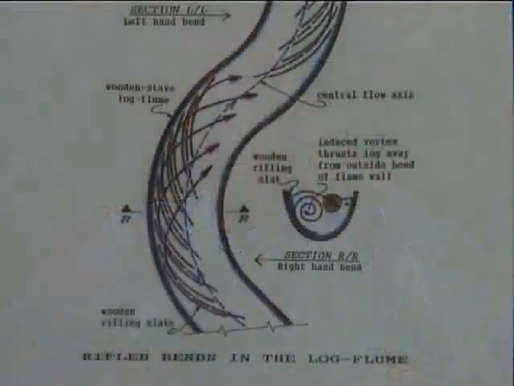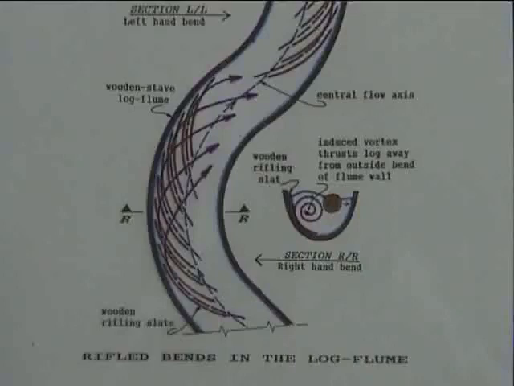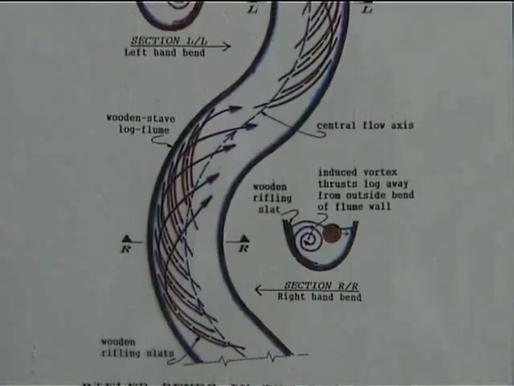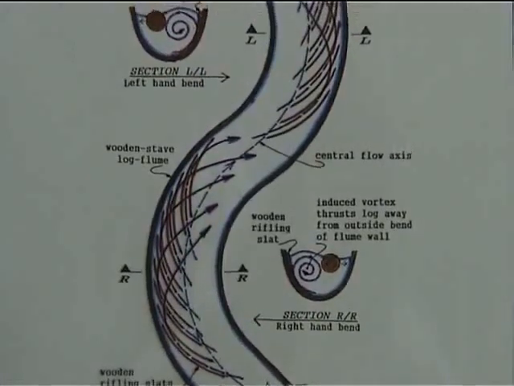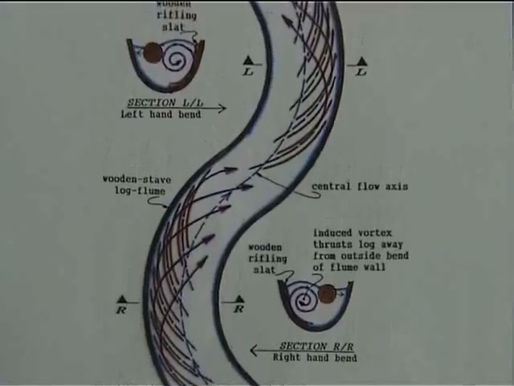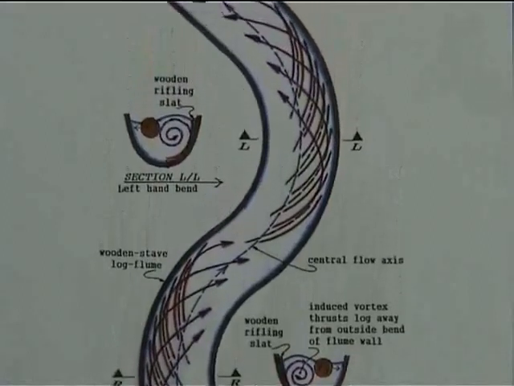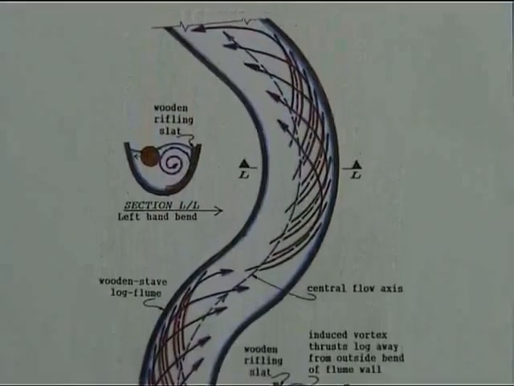So in this log flume, which was built to follow the contours of the valley, there were slats attached to the sides of the walls on left-hand bends and on right-hand bends, so that the water was caused to rotate or to form longitudinal vortices anti-clockwise and then clockwise as it went around these bends. In this first instance, built in Steyerling,